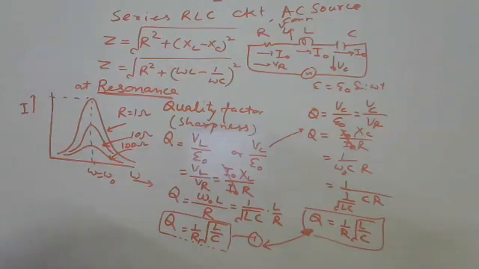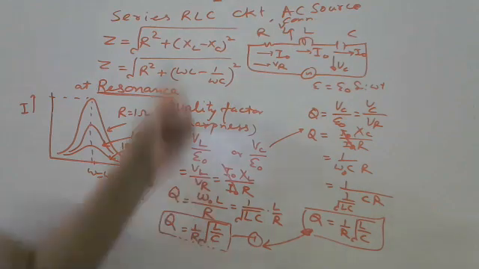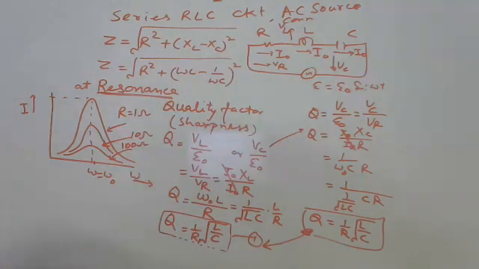In parallel resonance also, and power related with RLC circuit. If you are taking R, then what is the average power in one cycle? If you are taking L, or C, what is the average power? Or if you are taking RLC circuit, what is the average power in one cycle?